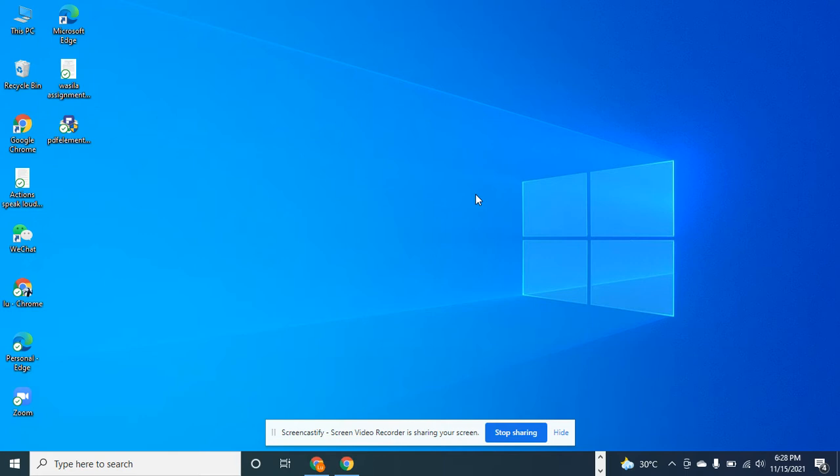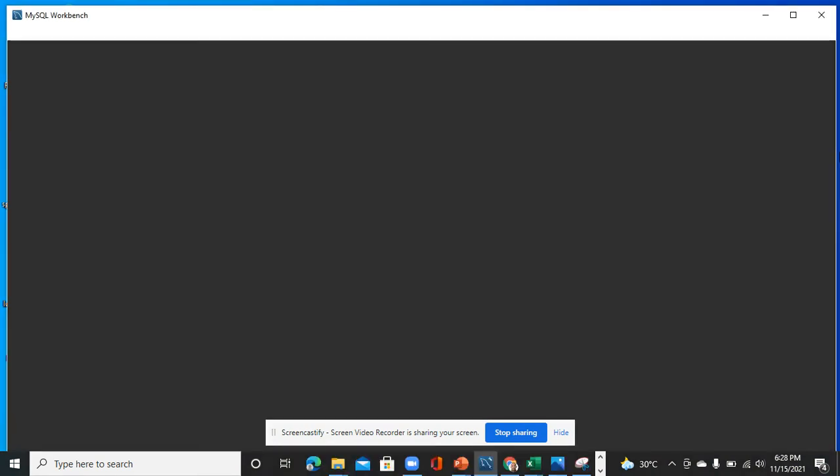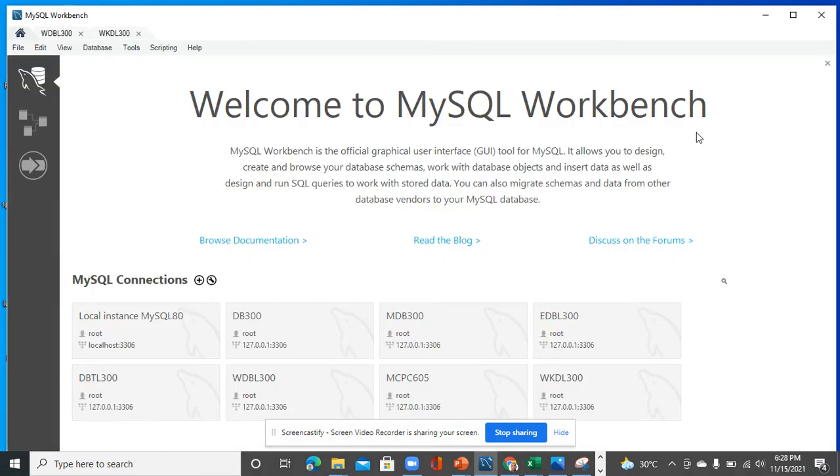All right, it's taking some time to upload, so we're gonna wait for it. All right, so finally my workbench is open, and we are going to dive into one of these connections. These are connections that will lead me to my server, and then any of the connection would do. So let me use this